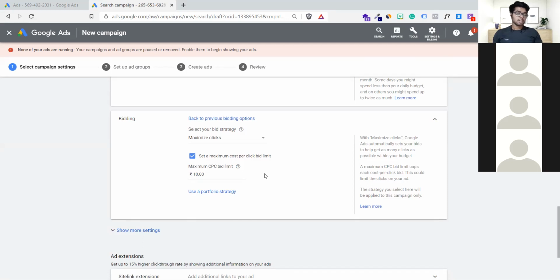50 clicks. So every day I can get 50 clicks maximum. It is all about maximum. It's not that every time someone clicks, you will get charged 10 rupees. Sometimes it's 6 rupees, 7, 8, 9. But when Google thinks it is time to use your maximum click limit, which is 10 rupees, it will utilize it. I am giving authority to Google. So you can go up to 10 rupees, not more than that. Now, this campaign, from this moment, is in my total control.